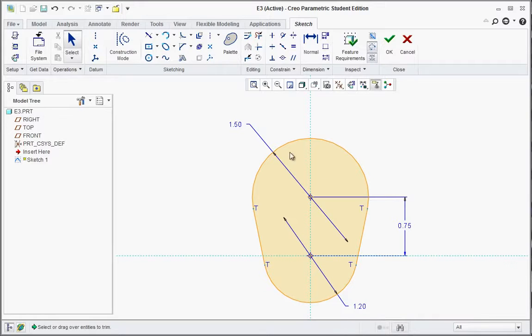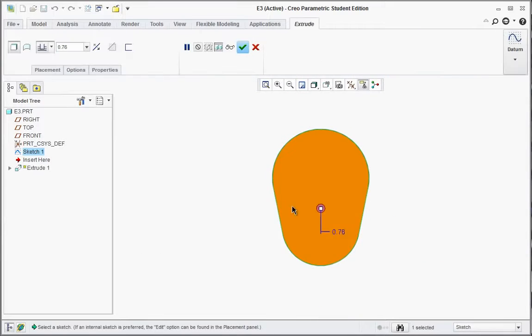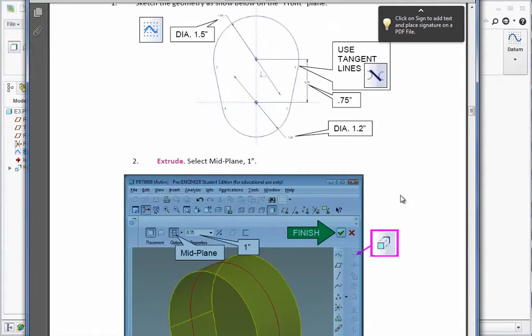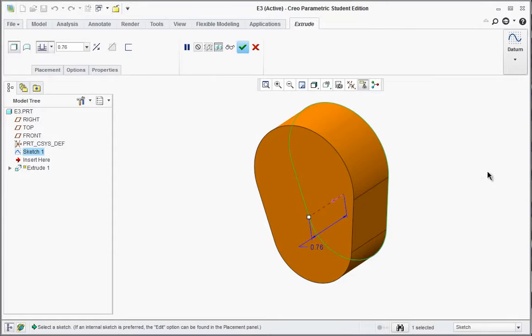Lay out the dimensions, and now you could hit the OK button and extrude. Now with the extrusion here, let's take a look. In this case, we want to extrude it so it's divided a total of 1 inch on both sides. So it'll be a half inch on the front, half inch on the back side of the plane. Instead of doing a mid-plane here, we'll just draw one direction, 0.5,